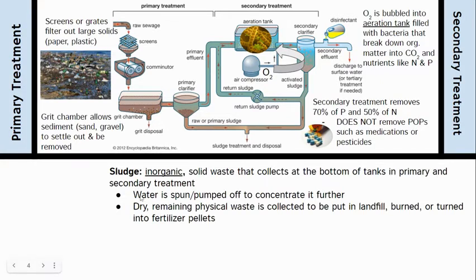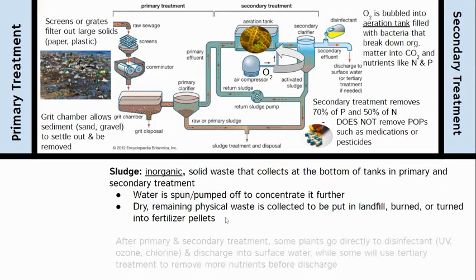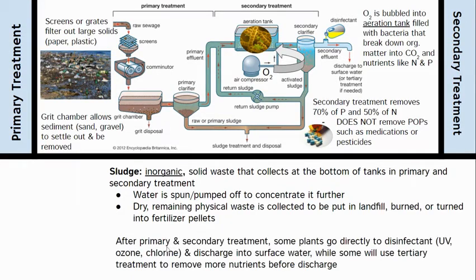Primary and secondary treatment. Water is spun or pumped off to concentrate it further. All right, and the dry remaining physical waste is collected from a landfill, burned, or turned into fertilizer pellets. That can happen. Now, after primary and secondary treatment, some plants go directly to disinfectant. Oftentimes, the problem with going directly to disinfection is a lack of funding for smaller municipalities. So that is one of the biggest hurdles for a lot of wastewater treatment plants being able to continue this